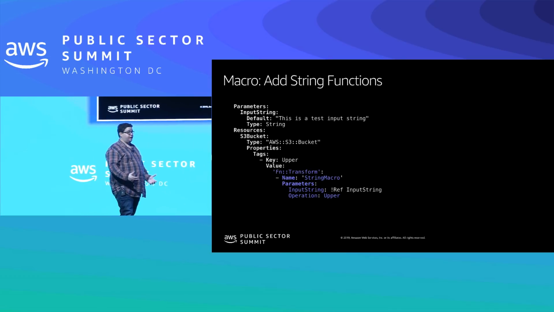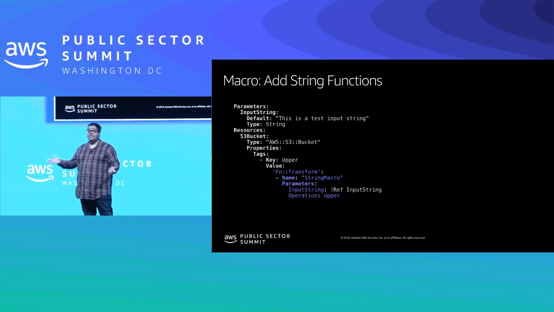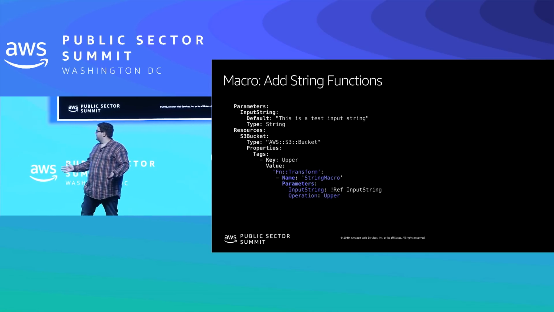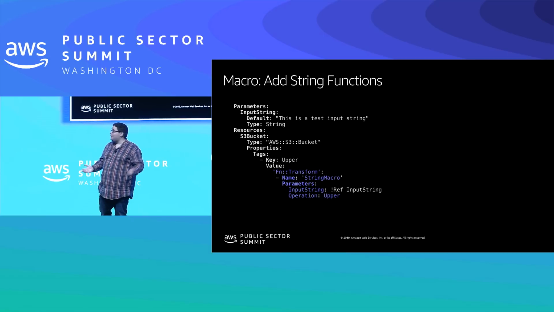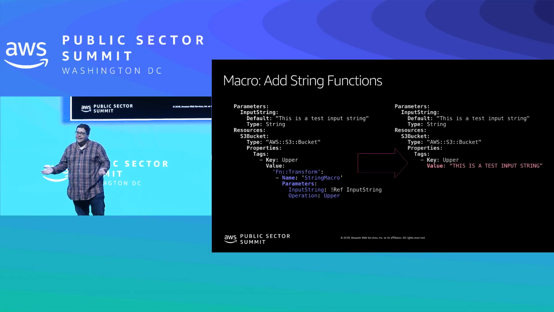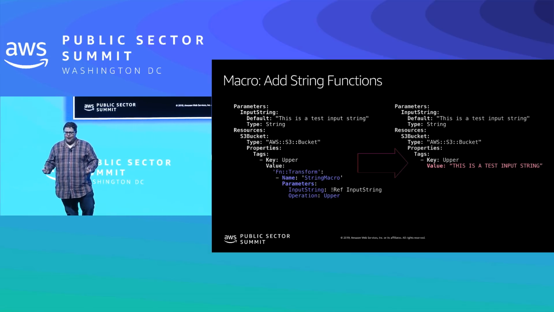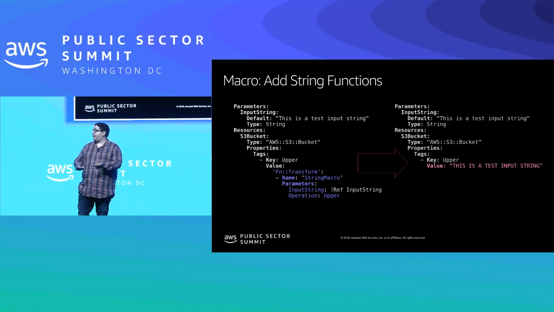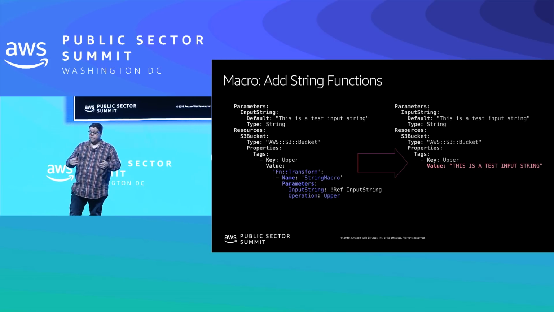And the string functions, right? Sometimes I want my strings to be all lowercase. For example, Athena databases can only work in lowercase. I found this out the hard way, right? And I could make it so that all of my templates are always lowercase, or I could just create a macro that does that for me. I'm kind of lazy. I'm a developer, right? That's what we do. We try to do as little work as possible. So I made a little macro that says, hey, make this lowercase, make this uppercase. You can do a whole bunch more things with that.